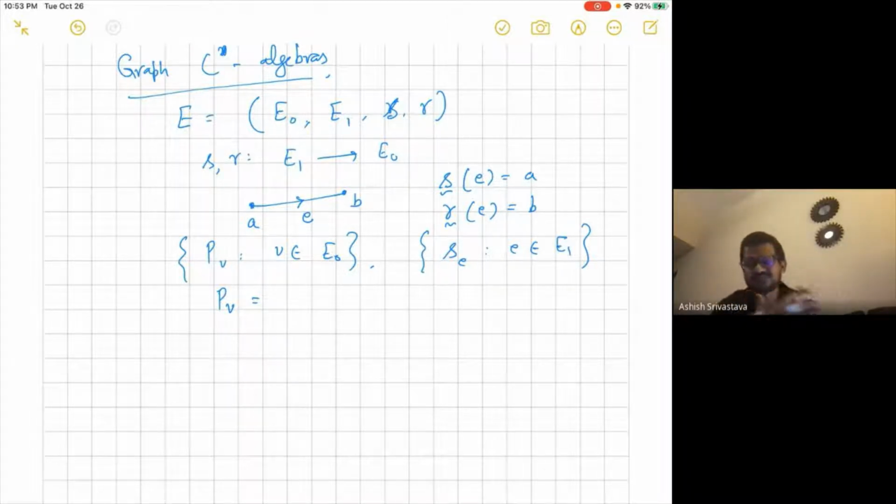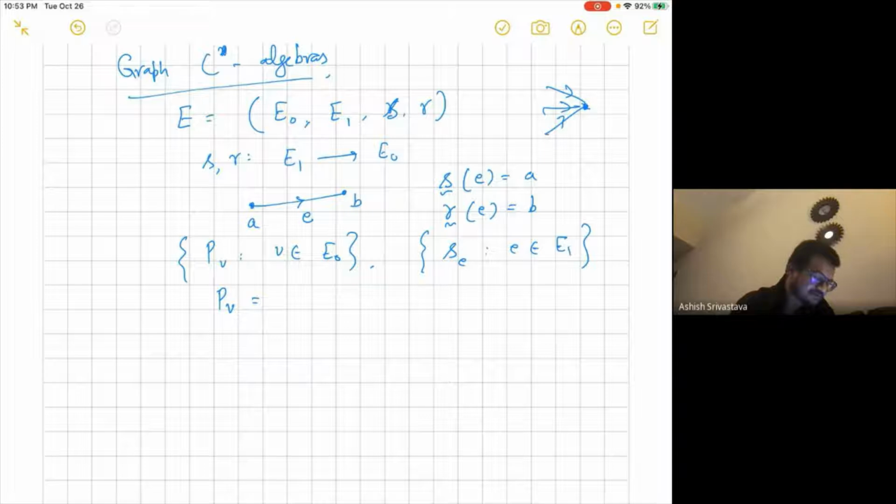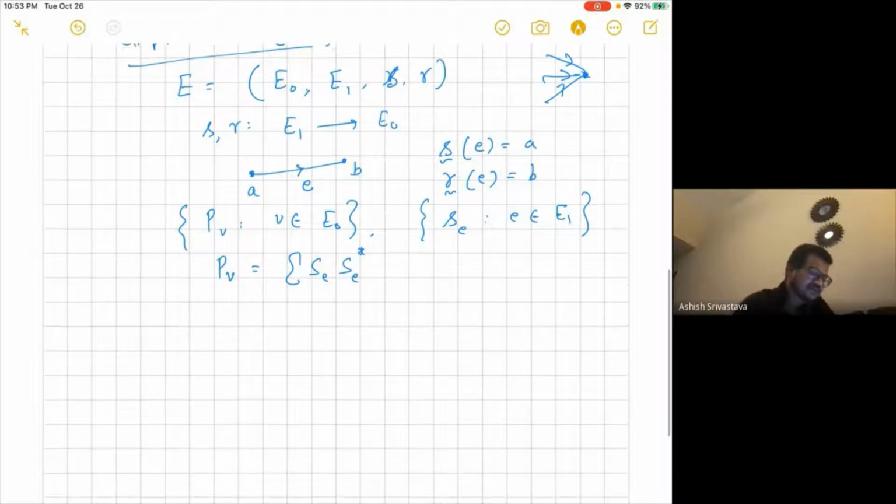Sink means, just the choice of the word tells you, a vertex where everything reaches here, the arrows, but it doesn't emit any arrow, right? So that's a sink. And if it is not an infinite emitter, so it doesn't emit infinitely many edges, then you have this, and the other condition is you have maybe this, then